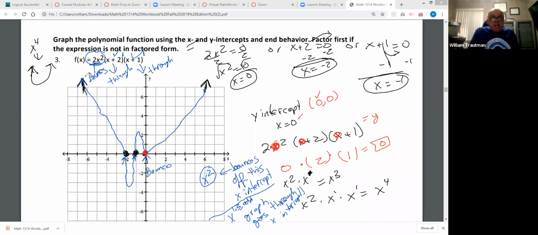So you can tell, we have to find those X-intercepts, and then we have to figure out, are they going to bounce or go through? It's going to bounce off of that one because it's an x squared. This is a power of 1, so it goes through. This is a power of 1, so it goes through. So we're drawing this where we know it's got to bounce, so that means it's going up. And it has to turn because it has to go back through this one. It's going to go through it, and at some point it has to turn because it has to go through